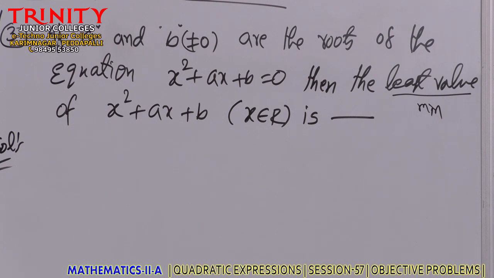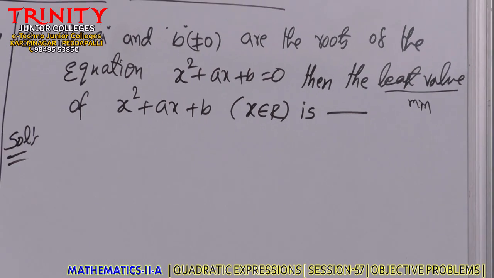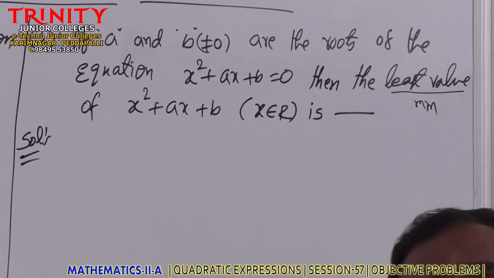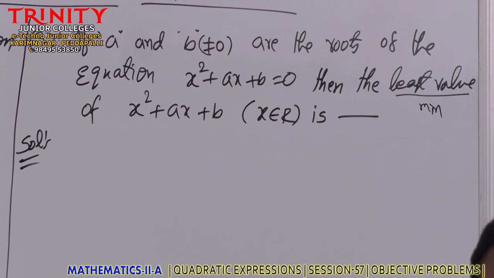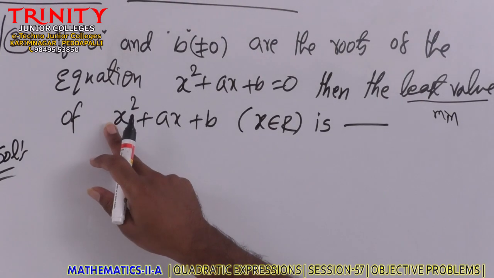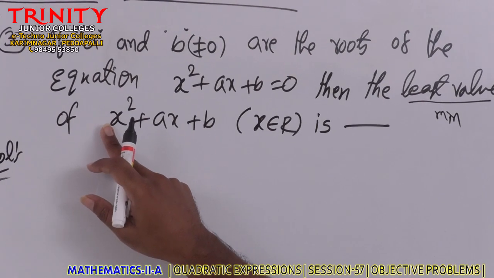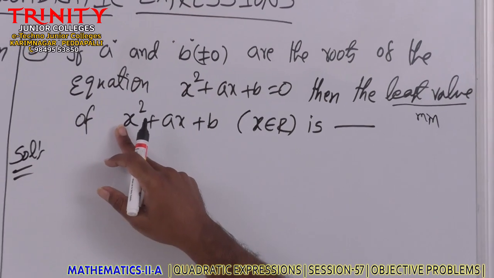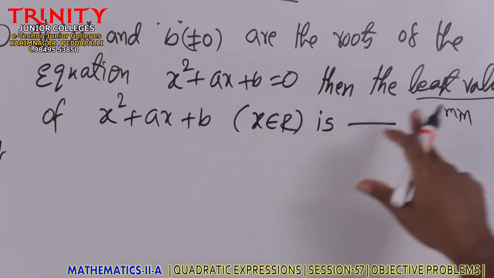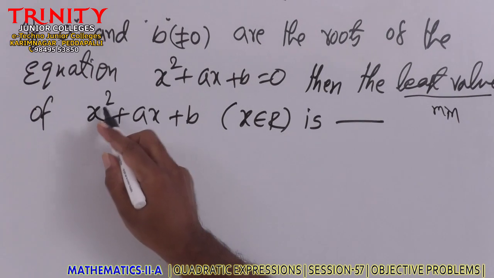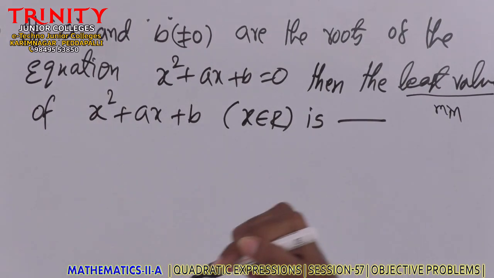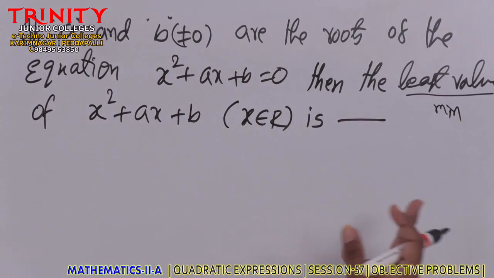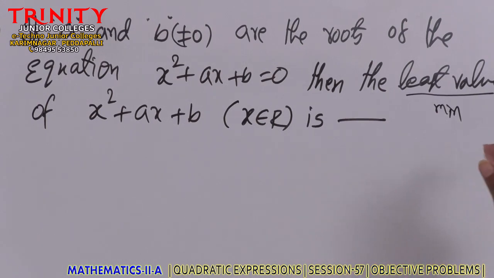Whatever it may be, whether it is maximum or minimum, the formula is the same, but the conclusion is different. Conclusion is based on the coefficient of x square. If the x square coefficient a is positive, meaning a is greater than 0, then the function has the minimum value. That's why here he was asking the least value. Why? Because here the x square coefficient is 1, which is greater than 0. That's why the expression has the minimum value, the least value. That's the reason why he was asking the minimum value. Now we will calculate what is the minimum value.